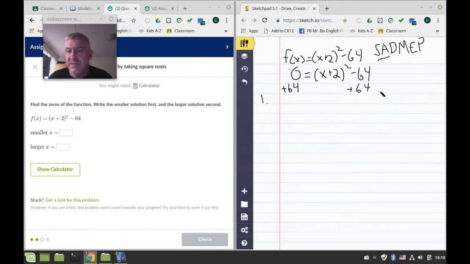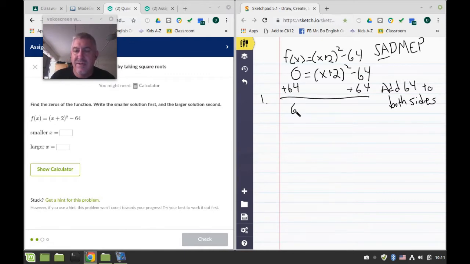So my first step is add 64 to what? Right, both sides. One side? No, two sides. Okay. So now I have 64 is equal to x plus 2 squared. I'm going to turn that around here. X plus 2 squared equals 64. Okay, so now going through multiply and divide, but I don't have any coefficient here, so I don't need